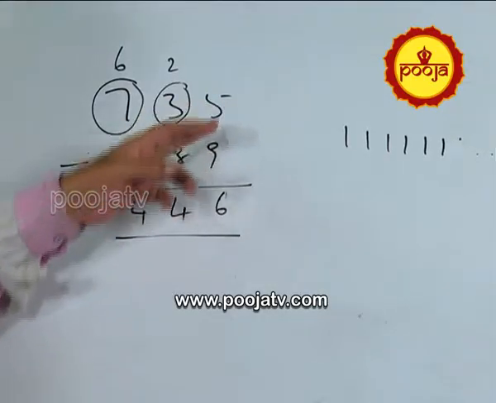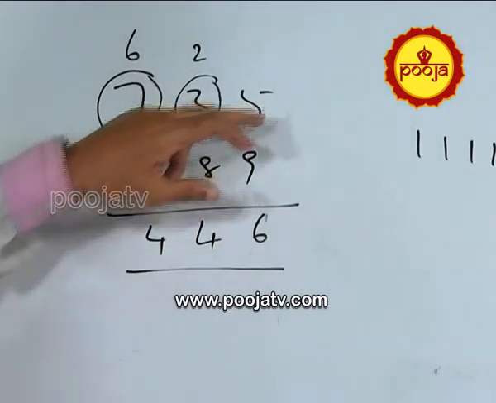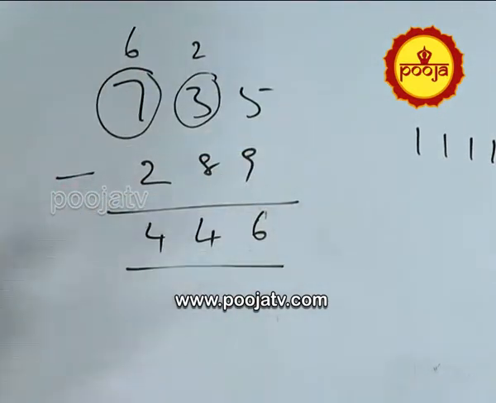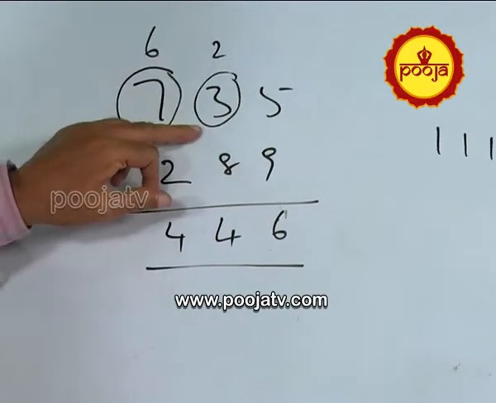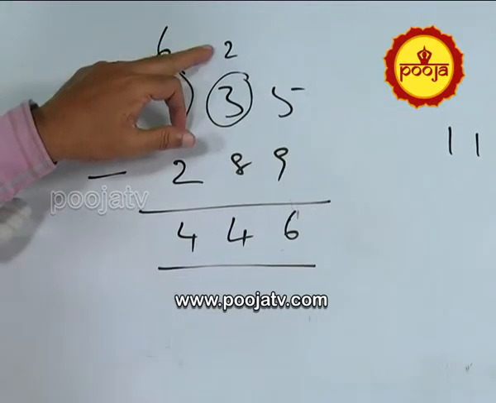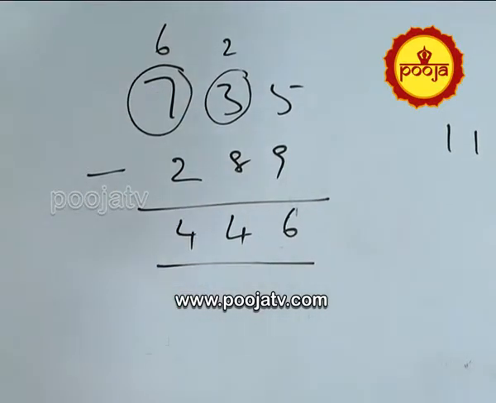You cannot subtract 9 from 5. Even if you want to say fast, you cannot subtract 9 from 5. You have to borrow 10. 10 plus 5, 15. 15 minus 6. Again it is not 3, it is 2, because already we have given 10 to this side. So this is 10 plus 2, 12. 12 minus 8, 4. This 12 minus 8 you have to struggle.